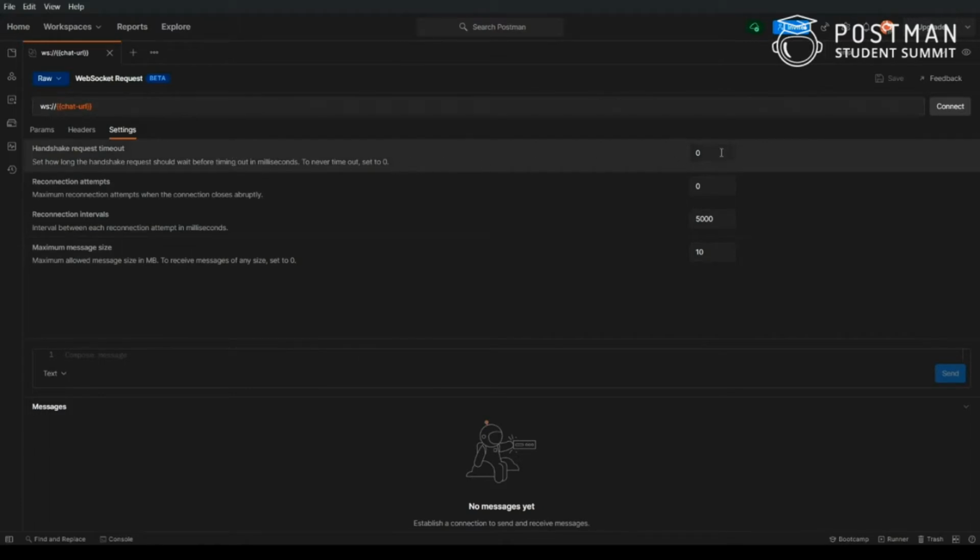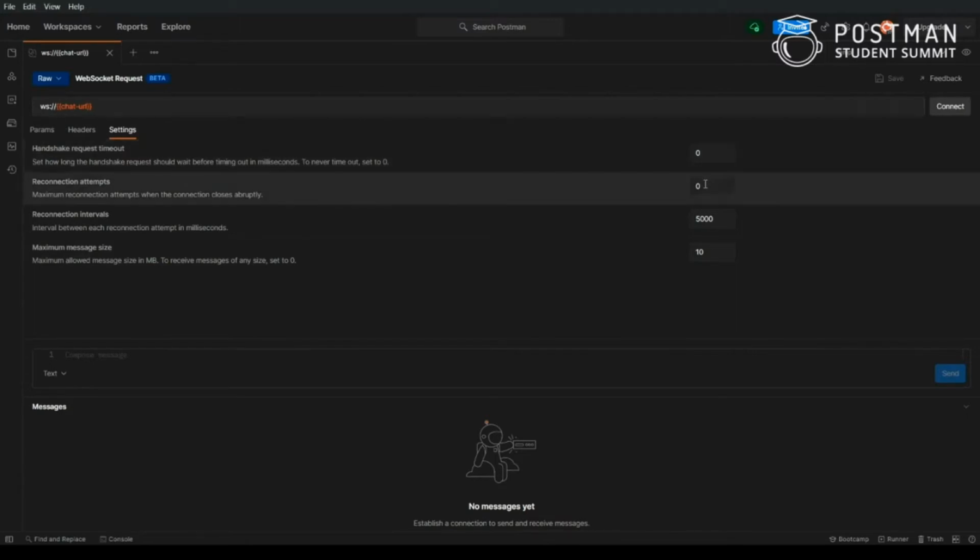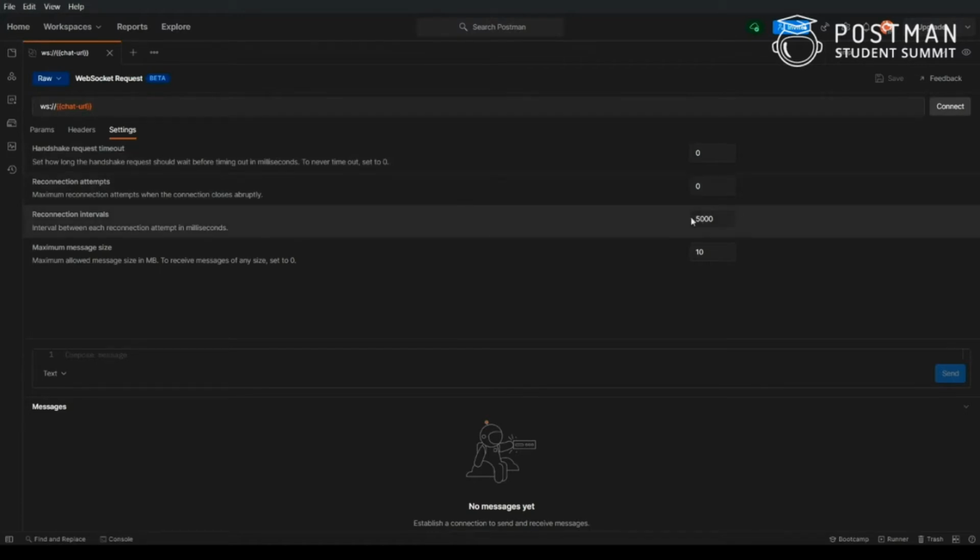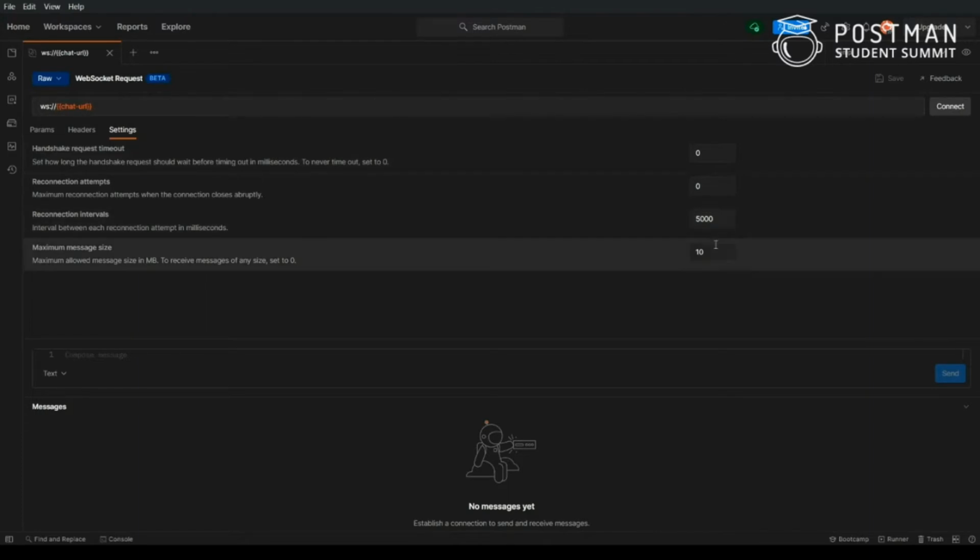You can set a threshold value after which it will cancel the handshake request, and you can set the reconnection attempts that Postman should make, and the intervals at which it should try to reconnect, and the maximum message size. Here it is by default 10 MB. I'll change this to 0 for this server, and okay.